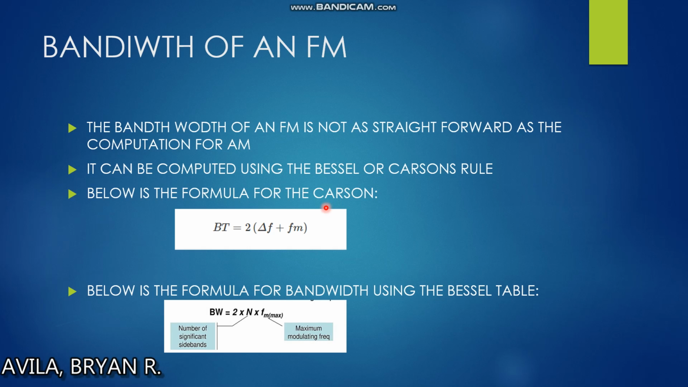And this is the formula for the Bessel table. So we can use the Bessel table to get the bandwidth of FM, where 2 times n times Fm max. Fm is equal to the maximum modulating frequency, and n is the number of significant